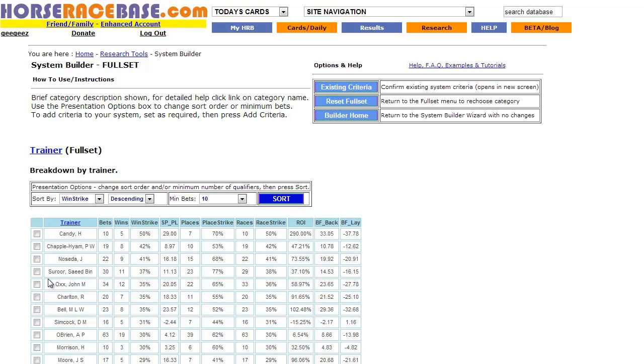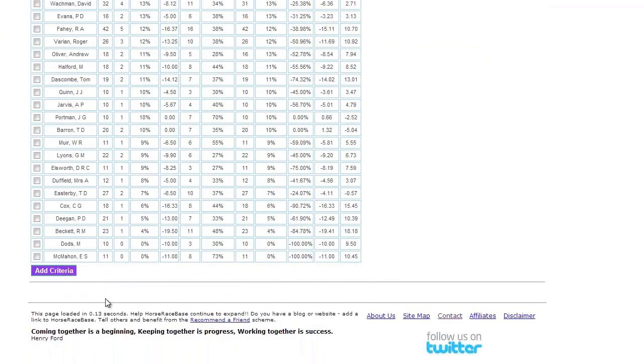You could actually choose a whole group here, because the sample sizes, while not massive, are probably reliable enough to give the impression that these trainers definitely leave something to work on from first to second start. I'm going to look particularly at Jeremy Noceda, but one thing I want to do down at the other end